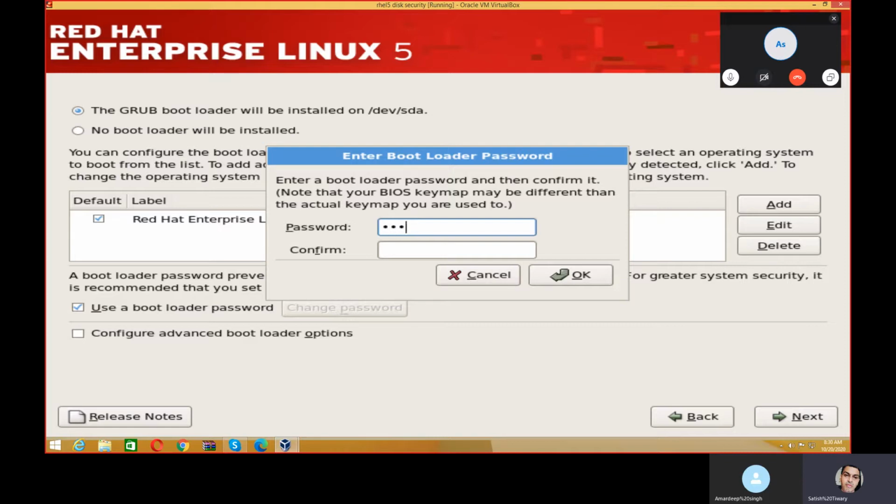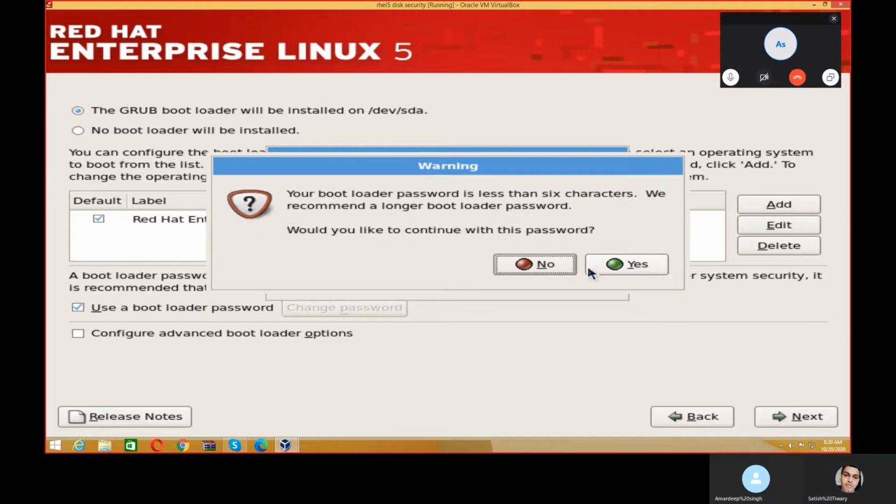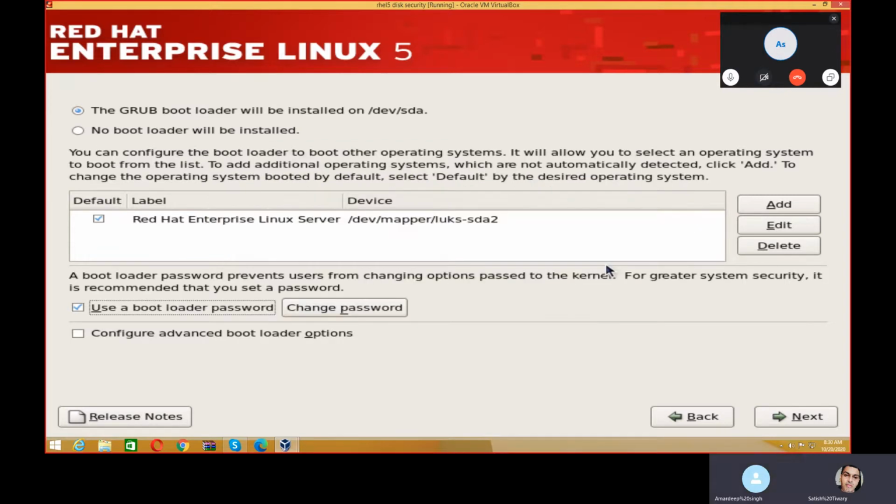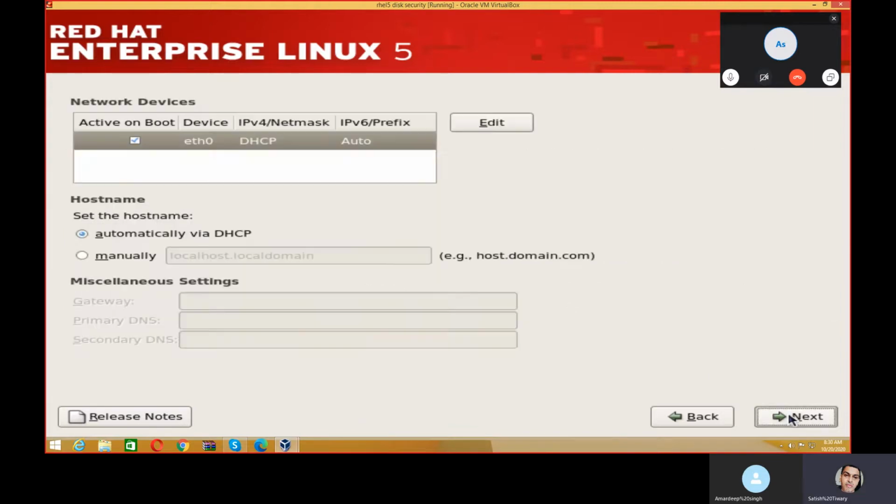Suppose 1 2 3 4 5. Okay, 1 2 3 4 5, and click on OK. Would you like to continue with this password? Yes. Okay, so the grub password has been protected. So we have already implemented the 2 passwords. Now click on next,